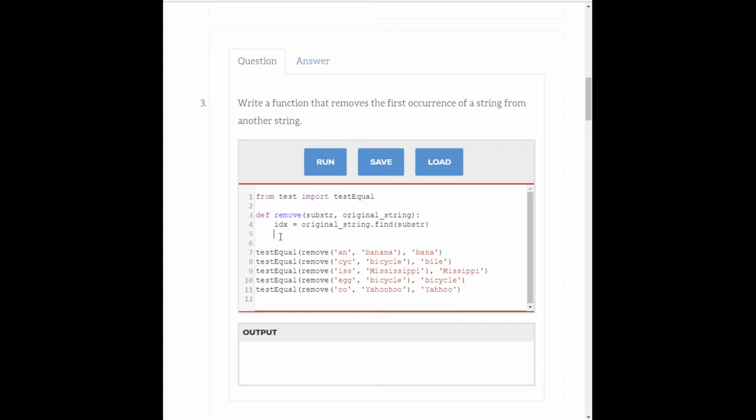And now that we know the index of where it occurs in the original string, what do we need to do next? Well, we need to take it out of there, right? There are a couple of different ways we can do that, one of which is to create a new slice of the original string and essentially excise that piece. So if we do new string equal to a slice of the original string,